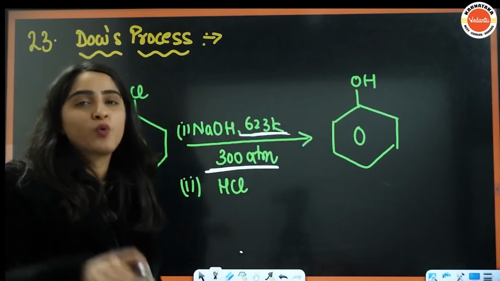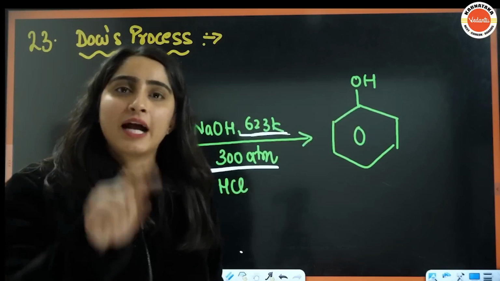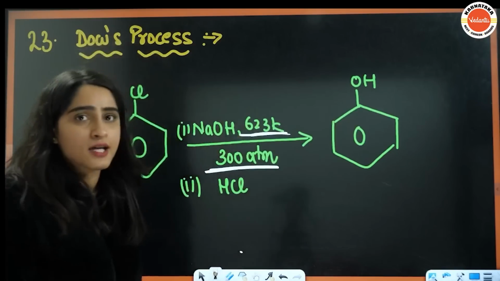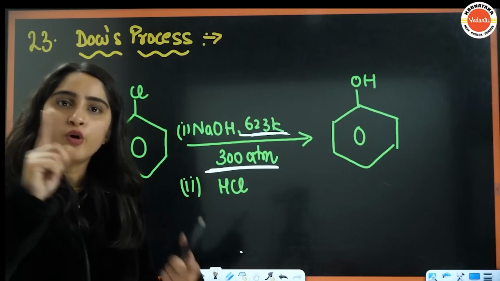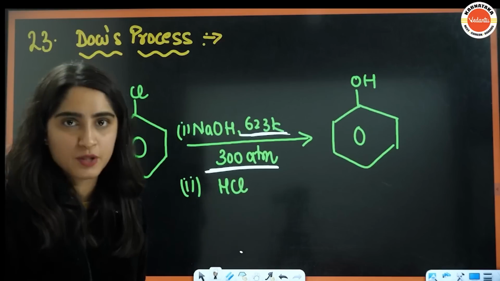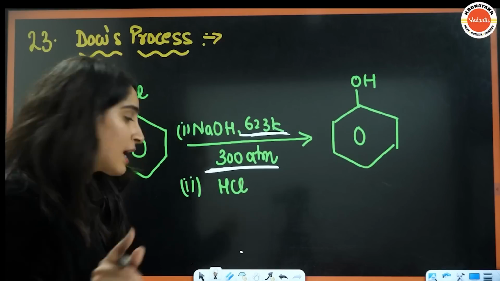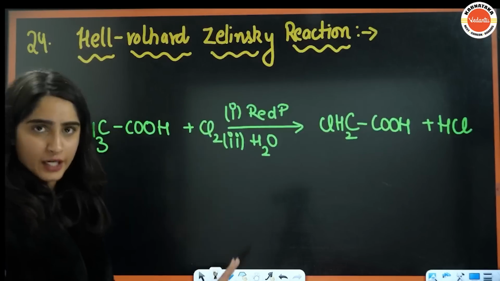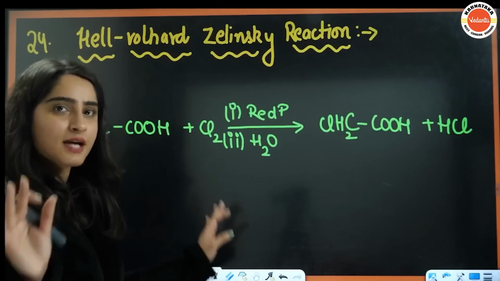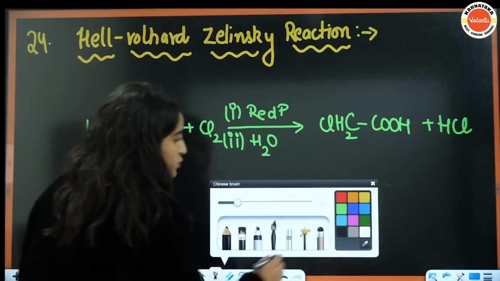Another question that can be asked from this particular reaction is, if there is an NO2 group on ortho, meta or para position, what happens? That is also mentioned in your NCERT, so do read that. And I have also mentioned those in my detailed lectures. You will find these kinds of questions and a lot of practice questions as well.